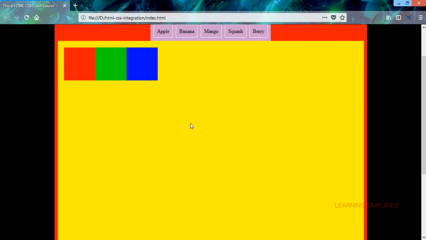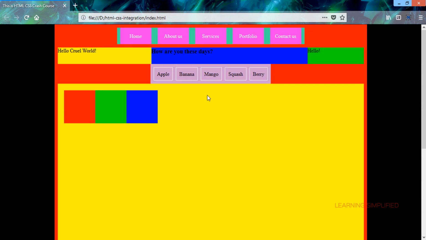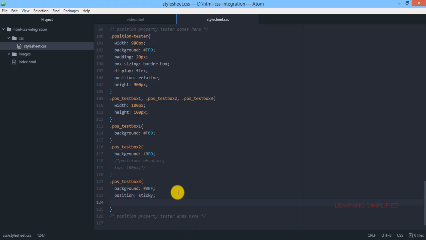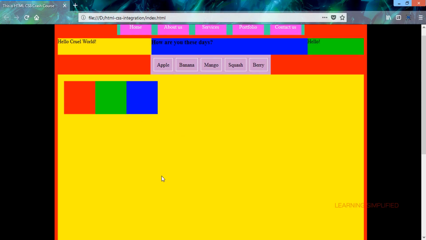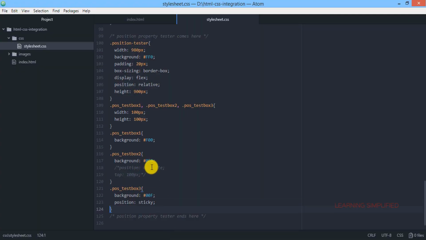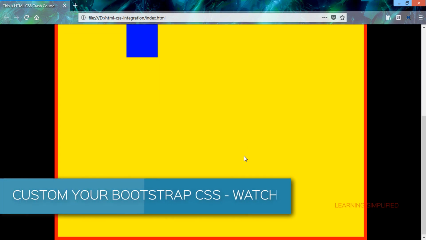there is no definition of where the stickiness of the element will be seen. It has not been defined in the syntax, and that is why it is now showing some abnormal behavior. It is getting scrolled up again because it doesn't know where to fix itself, because we haven't defined any syntax where this particular blue element should fix itself. So in case of position sticky, we need to define this particular top 0 position, and if we reload now, we can see that this blue box is working again.